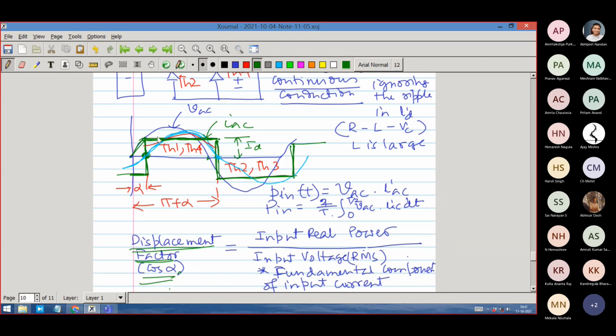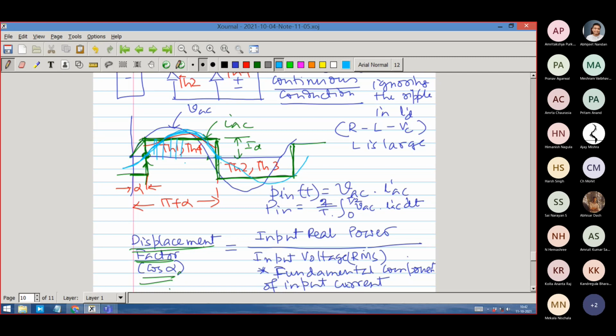You understand why it is not able to shape the current, because the thyristor is not switching many times within the period. It is switching in synchronism with the line frequency. It switches here and here, two ends, alpha and 180 degrees plus alpha. At these two points it switches. So it doesn't have much to do in between. But to shape the current like a sine wave, which is the desirable shape, you have to switch many times in between.